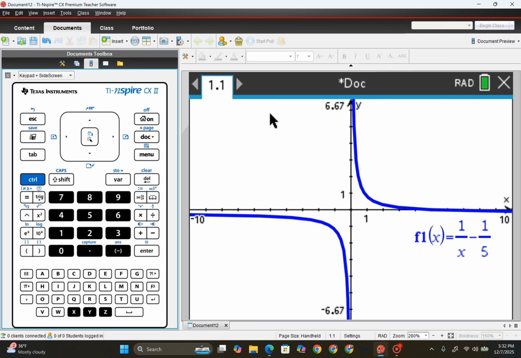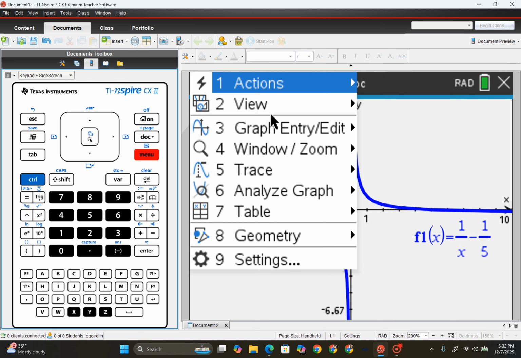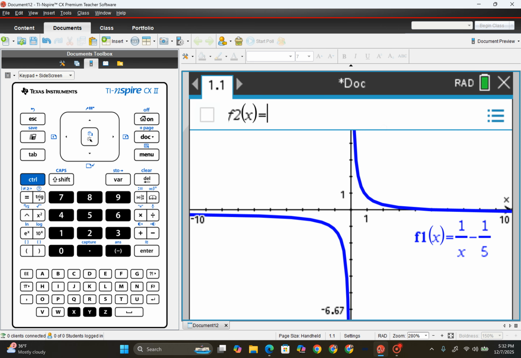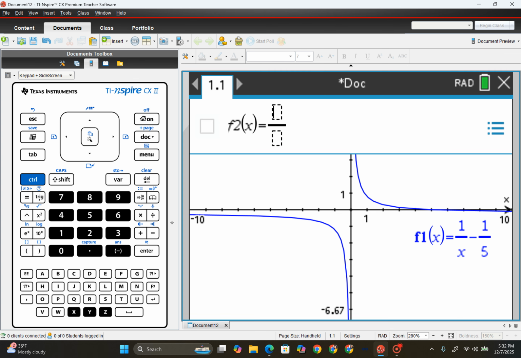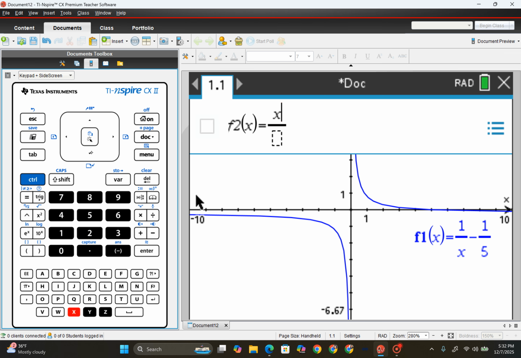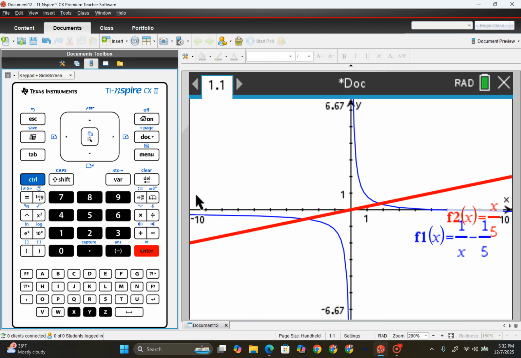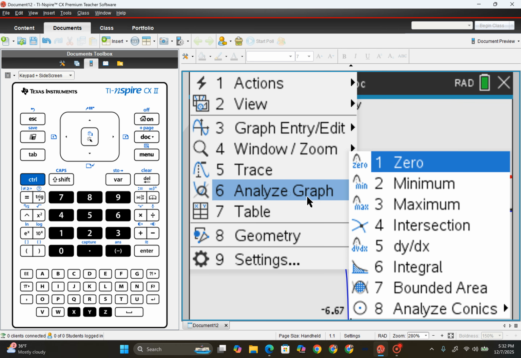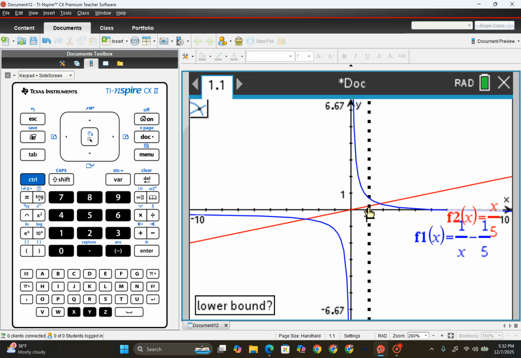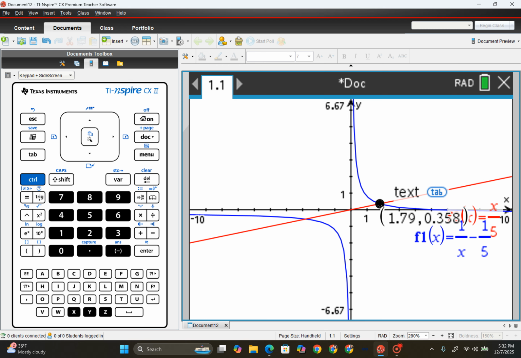And then the next one for f2 is x over 5. So control division, x over 5, enter. And what kind of solutions are they, right? So menu, we're going to do analyze graph, and then intersection. So let's see, boom. So this number here,